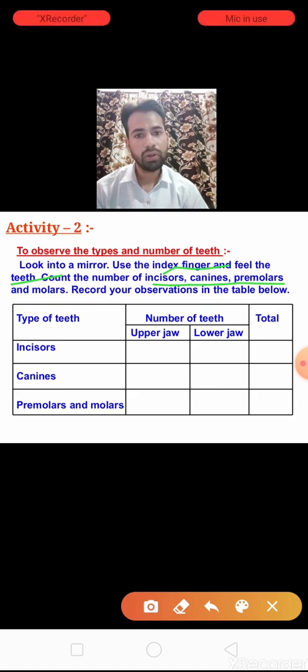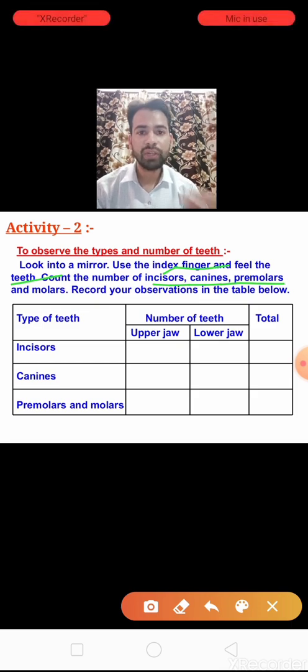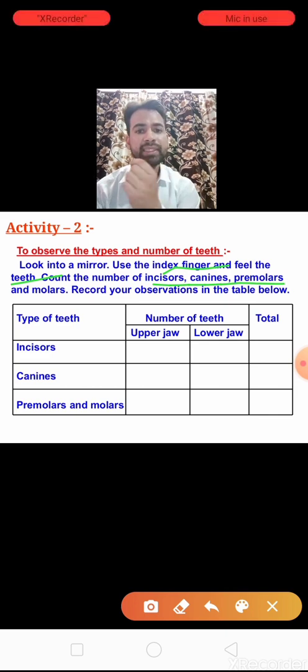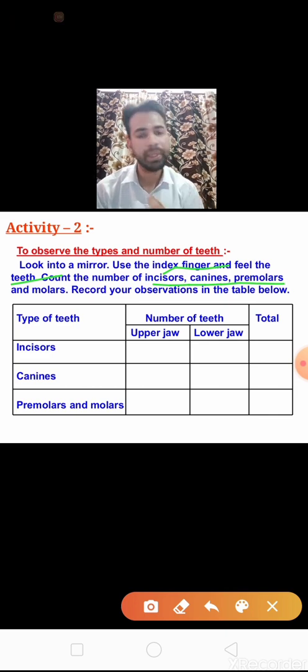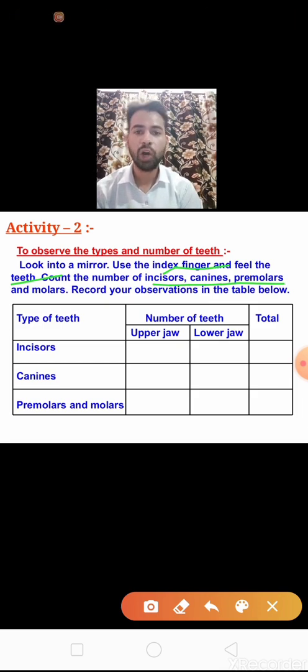First of all, we have to go in front of a mirror. Then we use our finger and touch our teeth, feel our teeth and count their number. Like how many incisors we have, how many canines we have, how many premolars we have, and how many molars we have.